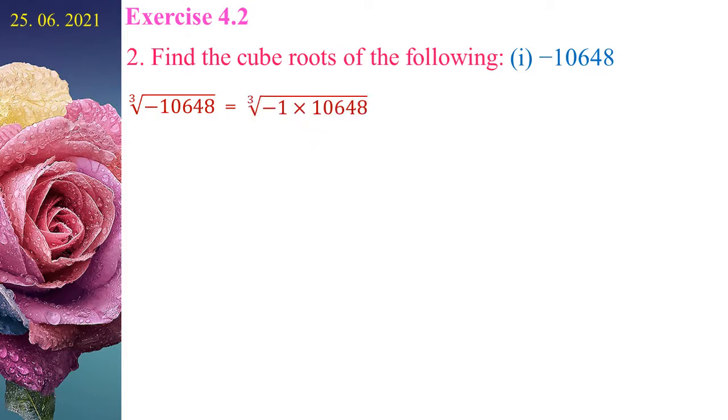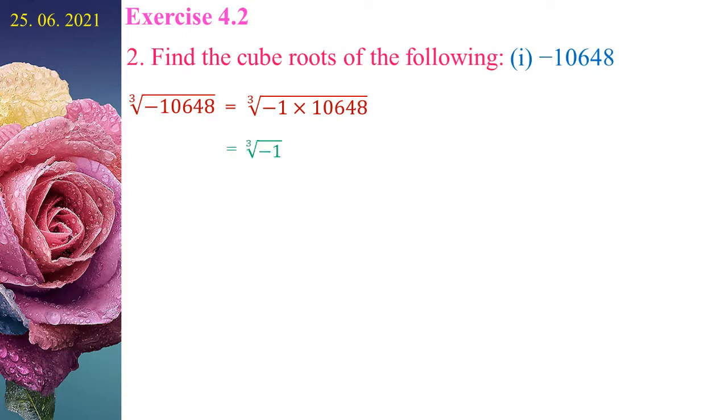So, cube root of minus 1 into 10,648. Then, we should find the cube root of the negative integer minus 1 and we should find the cube root of the positive integer